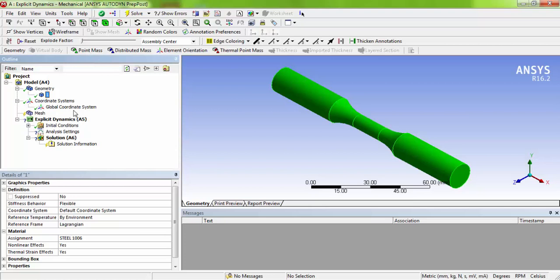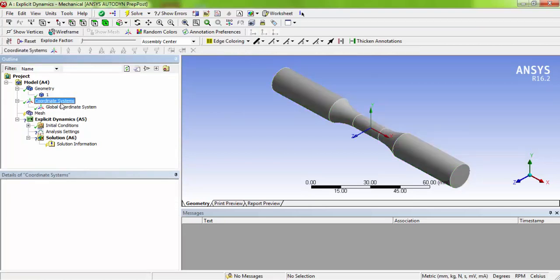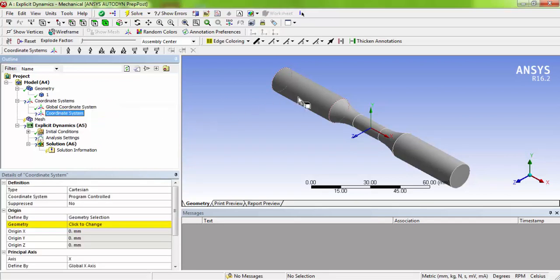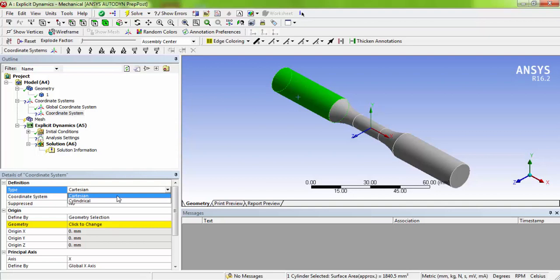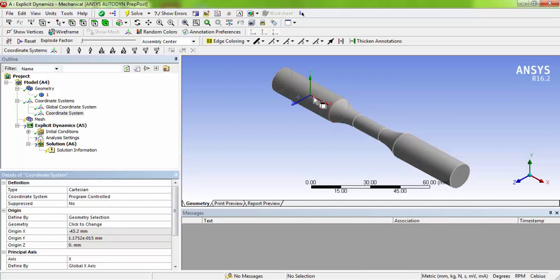To apply the boundary condition, we need to create a coordinate system at the two sides. Right click insert coordinate system and select this face and choose Cartesian coordinate system. Apply it. By default it will automatically take the middle of the first section.